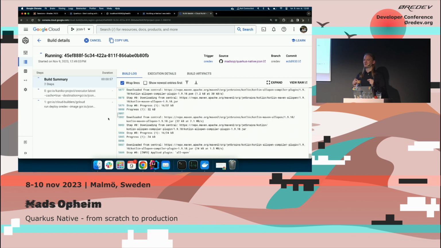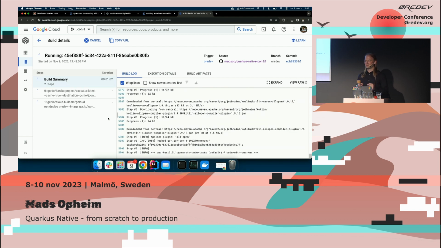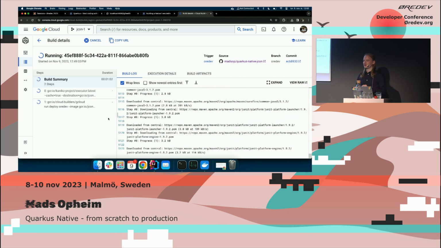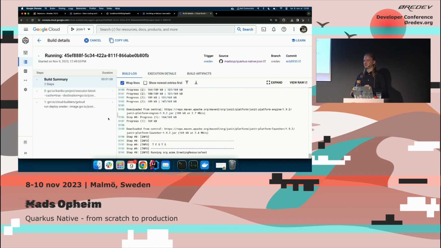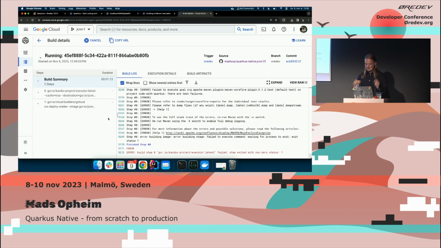But in order to make that a success, you need to make it fast enough. If a user comes in, your application has stopped, and you need to start your application. It needs to start fast enough so that the user does not get impatient and go anywhere else. That means that you have a few seconds on your